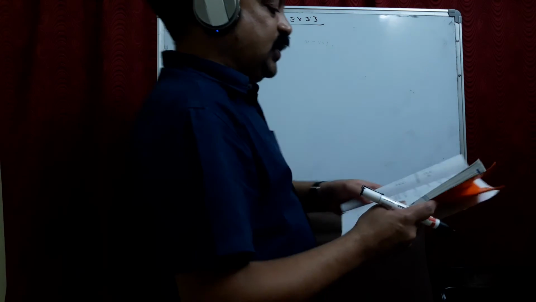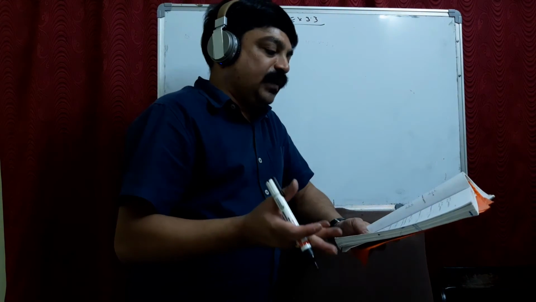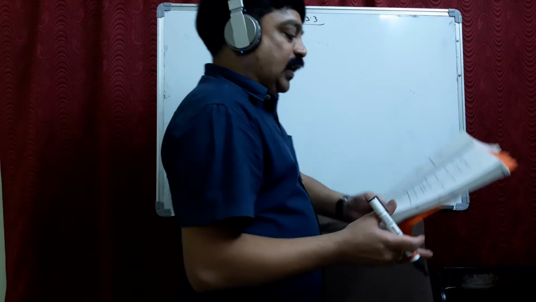See, in the 7th question, you are asked to just show that the given matrices are symmetric. You just take the transpose. If you get the same matrix, you write symmetric, or otherwise not symmetric. If you get negative of the same matrix, then this is skew symmetric, or otherwise not skew symmetric. Okay, like that you can do the 7th problem. The 8th problem also you can verify. You are asked to find A plus A transpose and check whether it is symmetric or not. Okay, let us verify this.